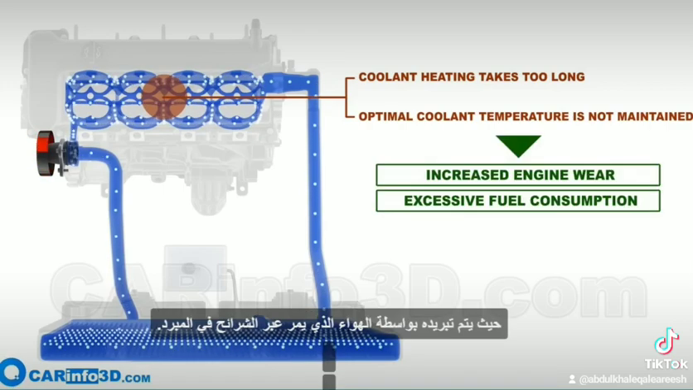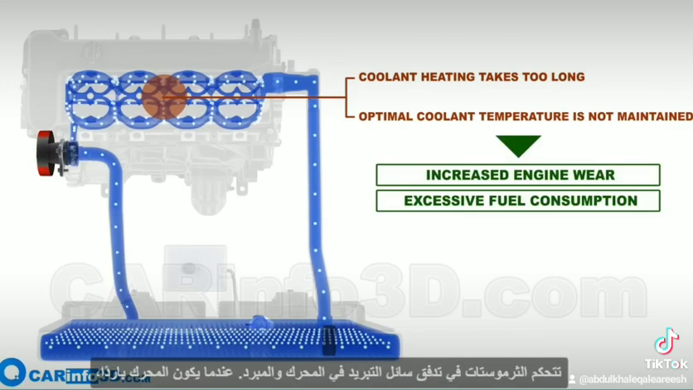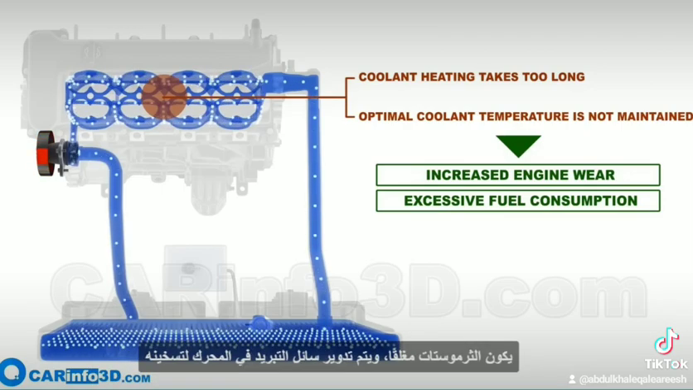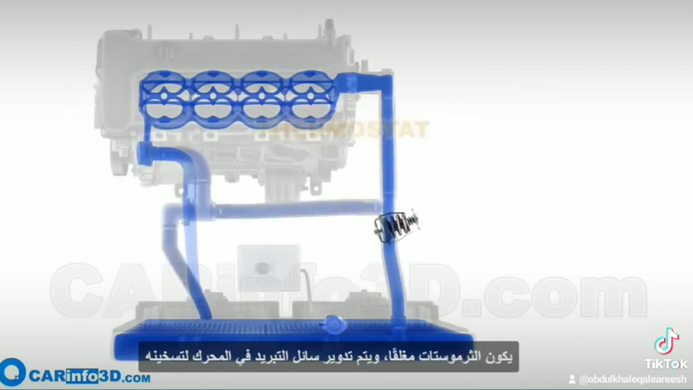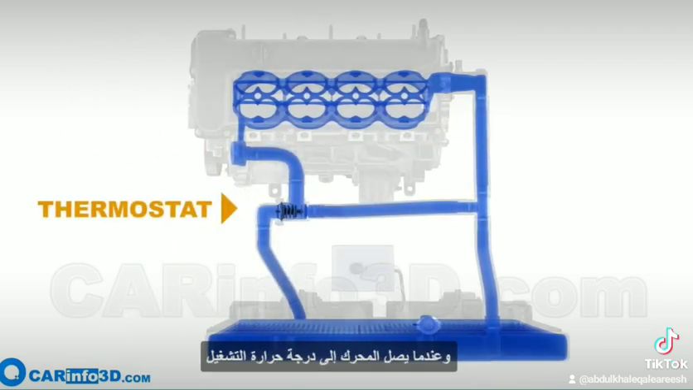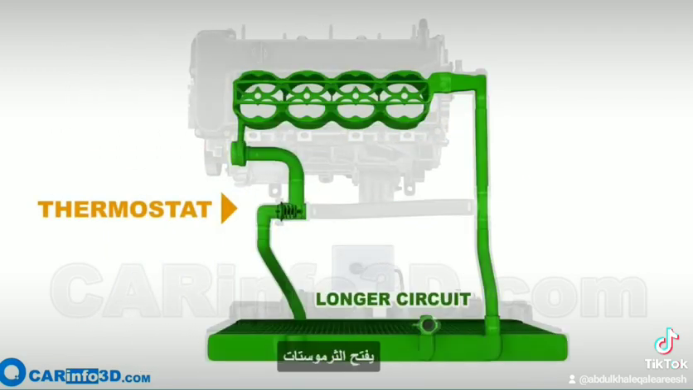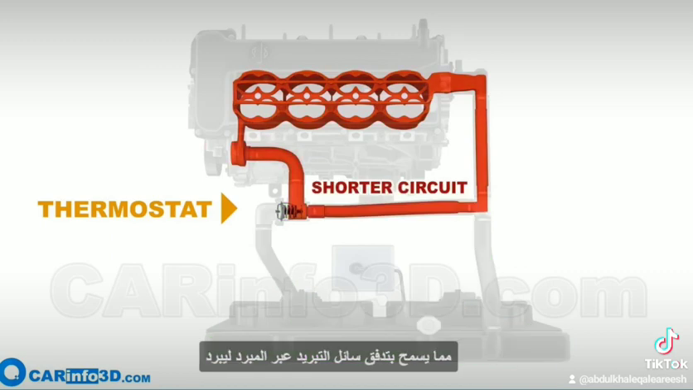The thermostat regulates the flow of coolant through the engine and radiator. When the engine is cold, the thermostat is closed, and the coolant is circulated through the engine block to warm it up. When the engine reaches its operating temperature, the thermostat opens, allowing the coolant to flow through the radiator